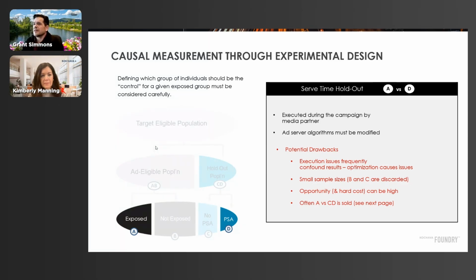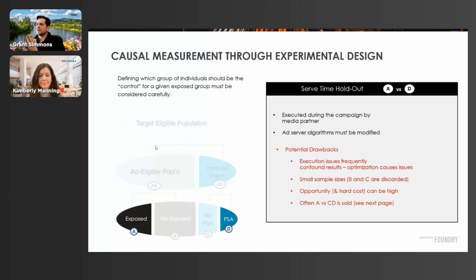And so, you know, there are probably about a dozen or so times where we've gotten our hands on the serve time raw data of who was in the serve time audience, and oftentimes we see there's huge, massive bleed over, those customers actually saw the brand ad at a pretty high rate. And so then you've got some real bad decisions to make. You either have to start throwing out universe, not great because now you're running into statistically significant issues, or you can, in statistical terms, censor the universe. You can make it all look like the same thing, which isn't really reality. Or you can try to remodel that group, which is you're now sort of in a modeling exercise.